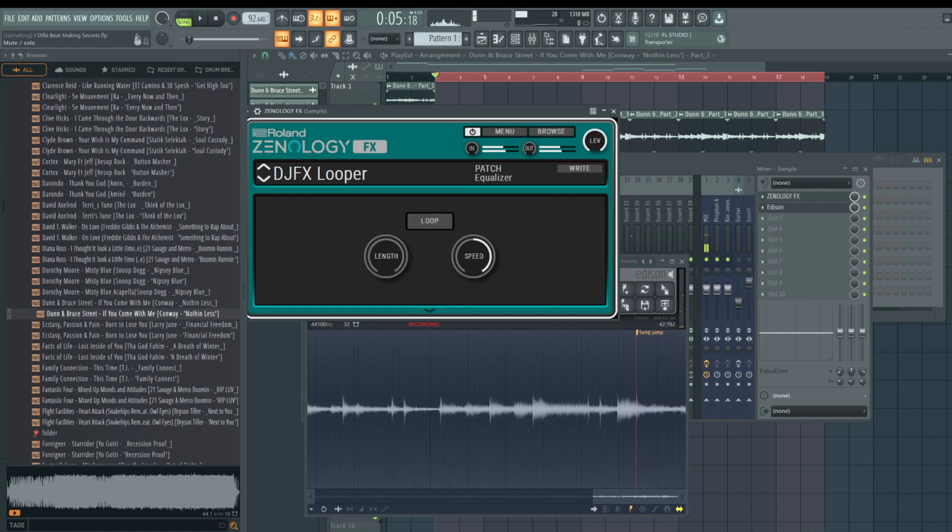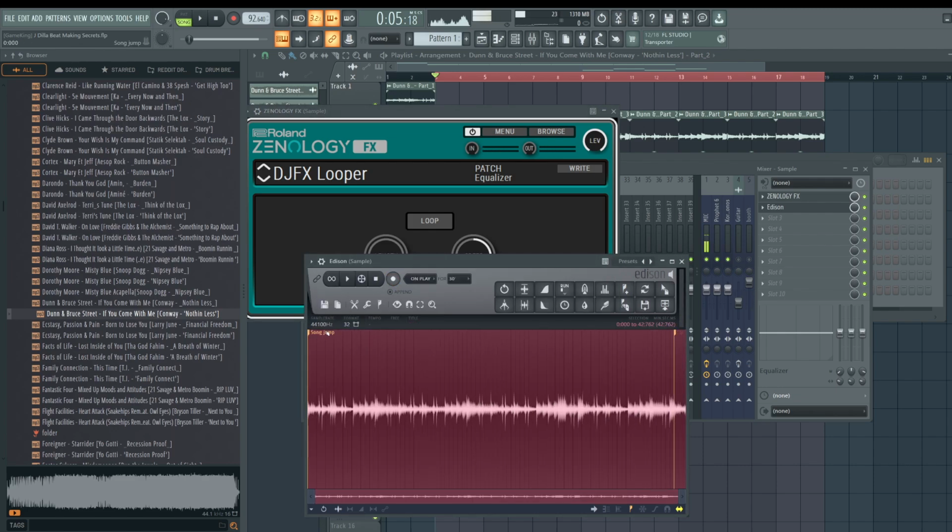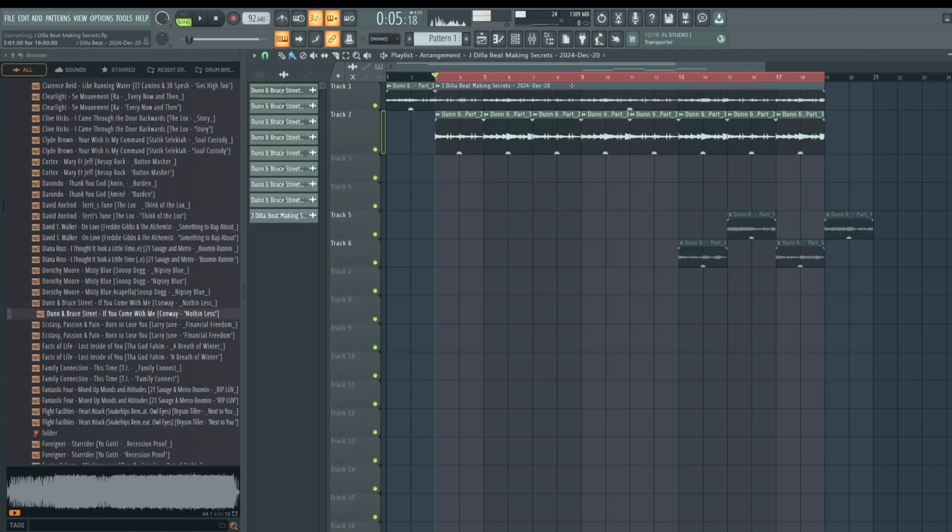Okay, so now we have that. So we're treating it as if we're performing on an SP404. Hit stop, double click on where it says song jump, send audio to playlist. And now, let's say we messed up on a certain part, we can always go back to the original and mute it. So let's mute the original for now until we don't like a certain part.